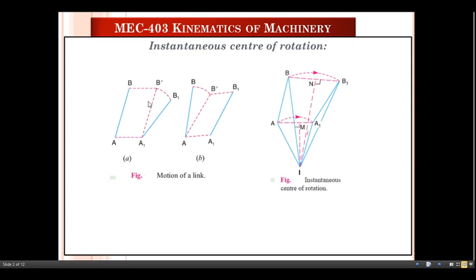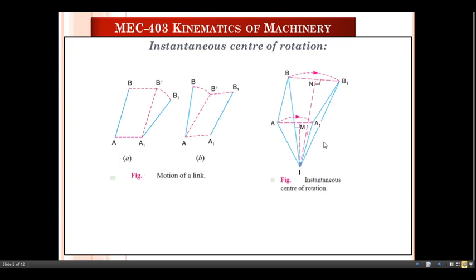So in this case, the motion of the link AB is so gradual that it is difficult to see the two separate motions, but we see the two separate motions, though the point B moves faster than the point A. Thus the combined motion of rotation and translation of the link AB may be assumed to be a motion of pure rotation about some center. This center is known as the instantaneous center of rotation.